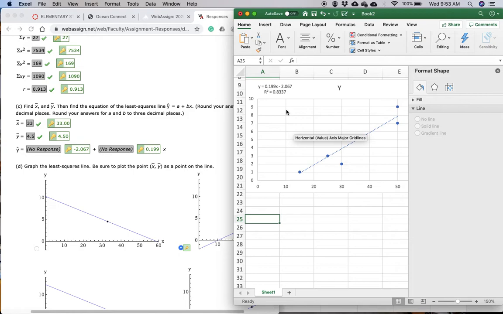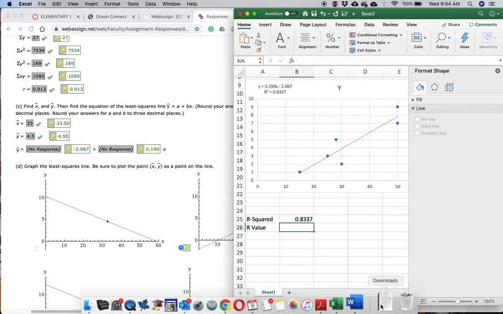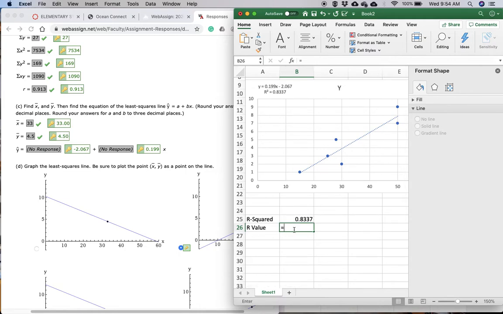All right. So I'm just going to go down here and let Excel do all the work. R squared is 0.8337. Then our R value, our correlation coefficient, is just the square root of that. So in order to take the square root, to do a function in Excel, we have to hit the equal button, and then